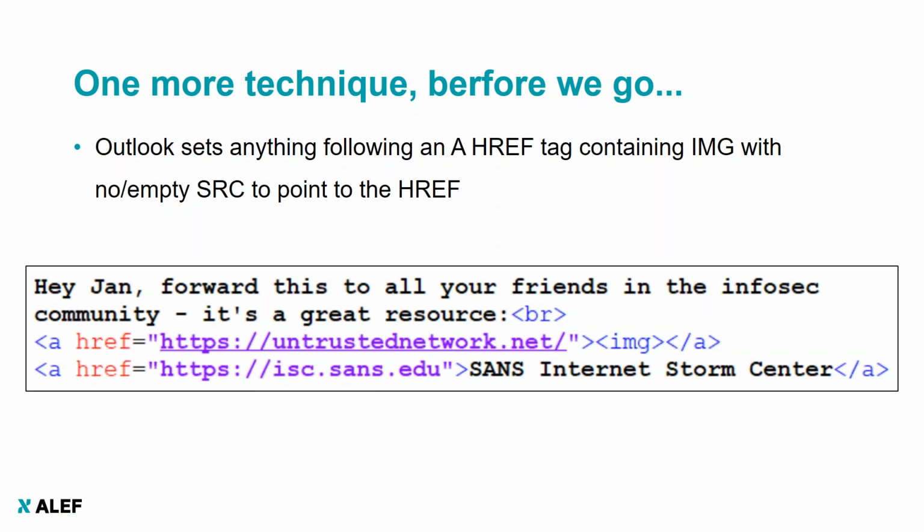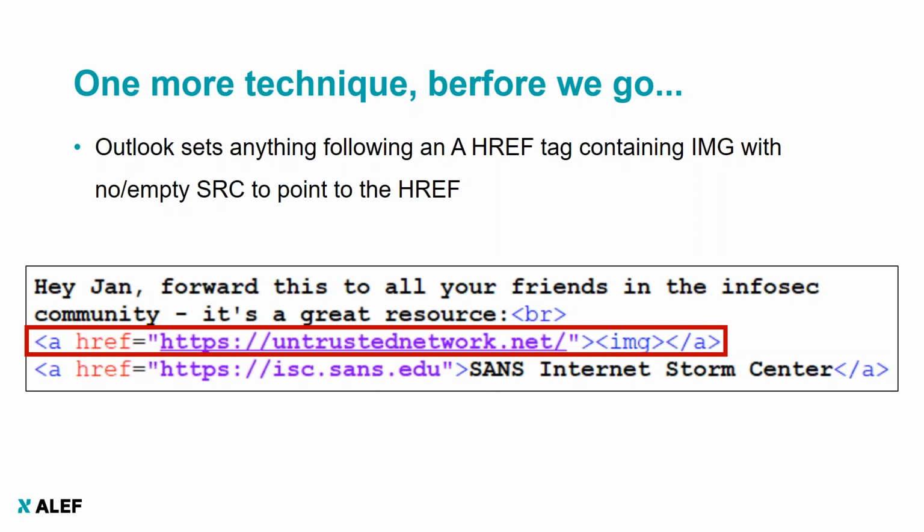When the original recipient forwards it, Outlook will take out the image tag, take the end of the A tag, and put it at the end of the email, which will make anything between the original href and the end of the email point to the URL which is inside of it. Incredibly simple, works well, and unfortunately, as I've mentioned, Microsoft let me know that they won't patch it because it's